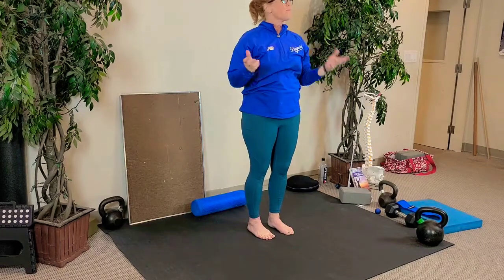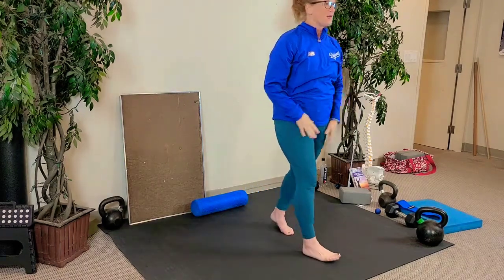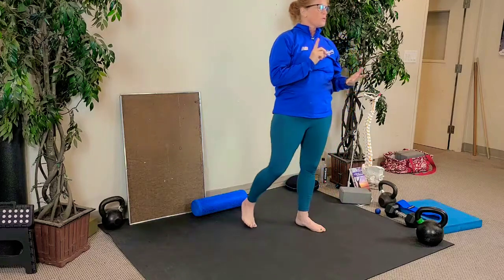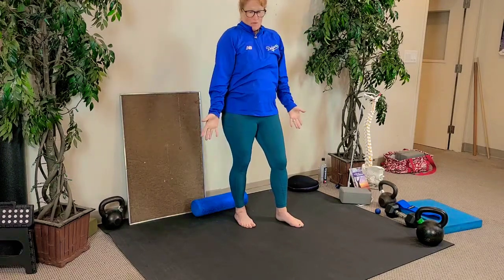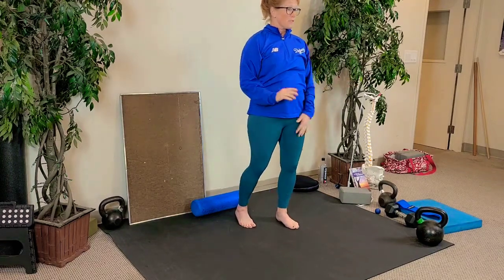So that was about 15 minutes, not even that, of movement from your footwork to your breath work to just a little bit of mobility, but all standing, to give you the opportunity to feel your body moving and get some blood flow and all that kind of stuff without even getting onto the ground at all. All right, so